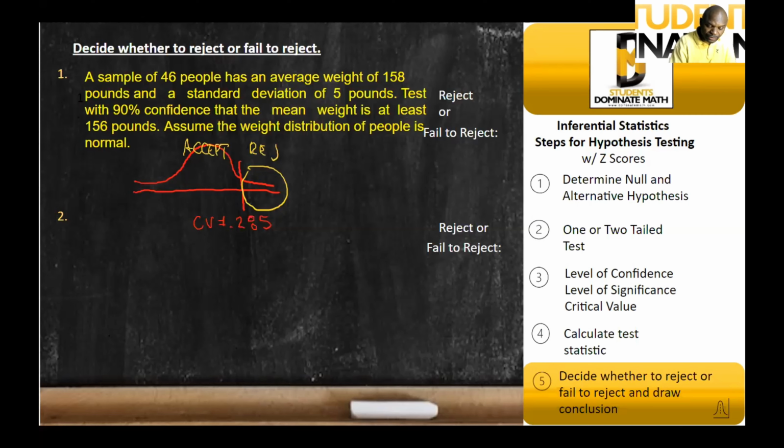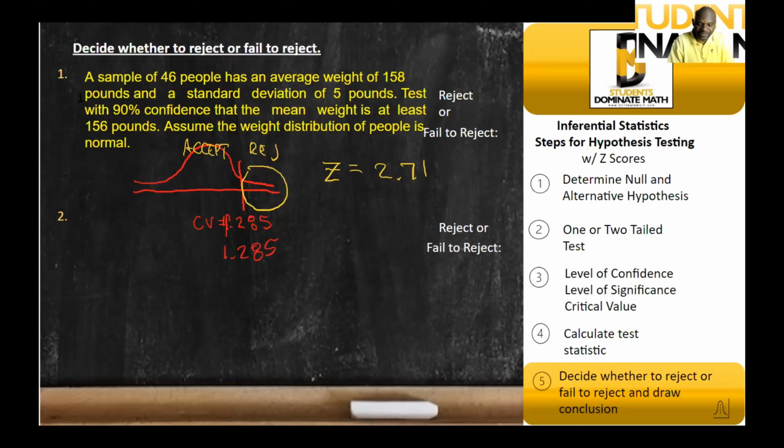Our z-score for this sample, in the previous step, we calculated it, as I recall, to be 2.71, which is to the right of this critical value. I don't know if you can see that real good, but that critical value is 1.285. This z-score is bigger than 1.285, which would mean that it falls to the right of the critical value, which would mean that we would reject